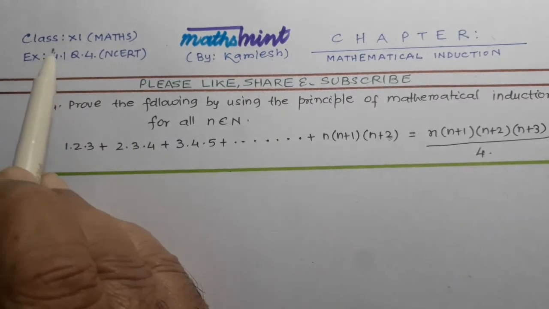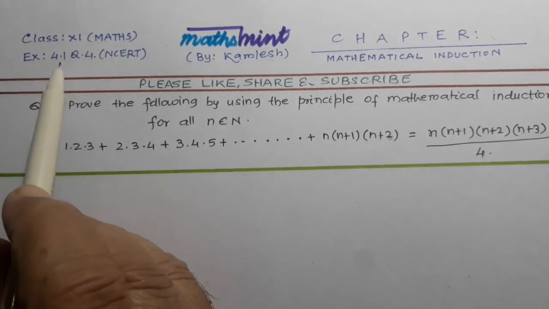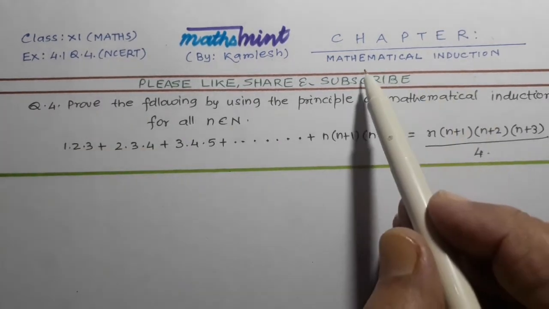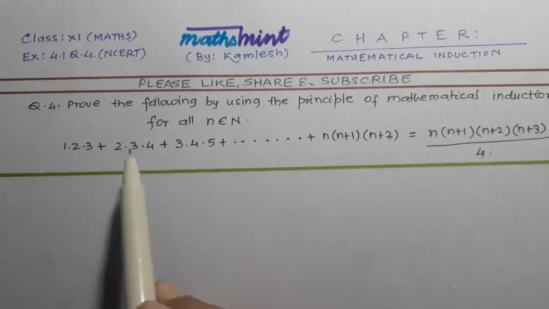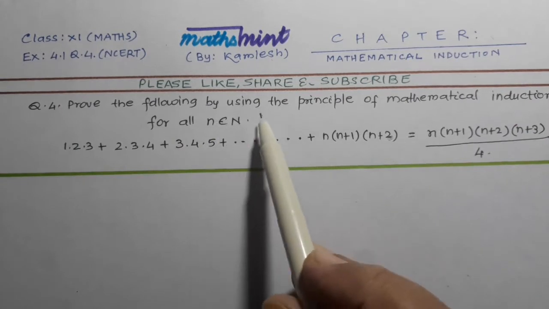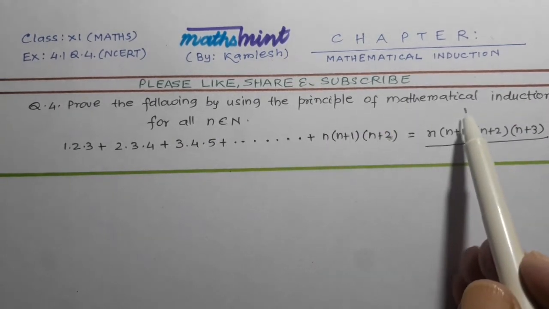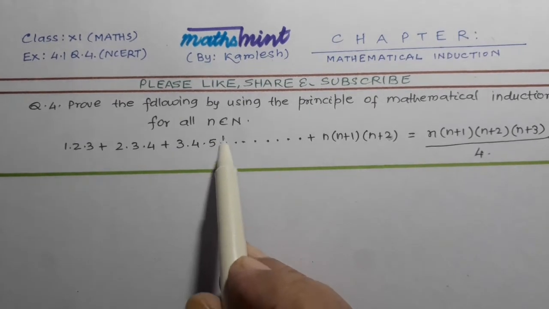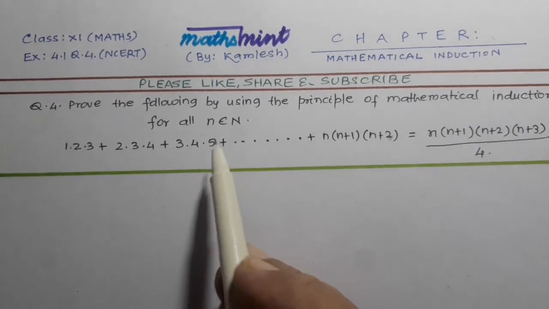It is a question for class 11 Maths exercise 4.1. Question number 4 from NCERT book. Chapter is Mathematical Induction. Question 4 is: prove the following by using the principle of mathematical induction for all n belongs to natural numbers. Right? Question is